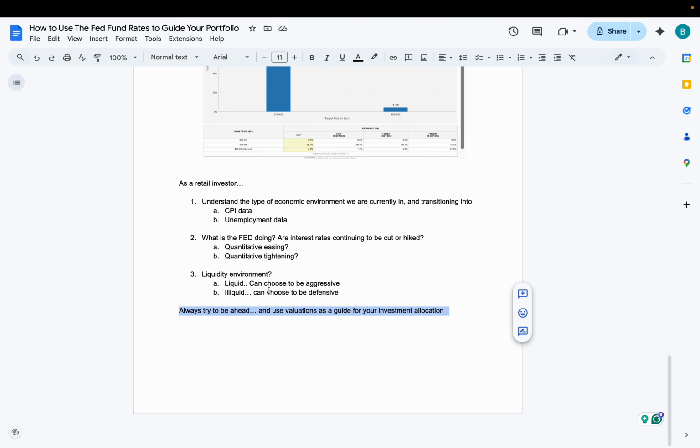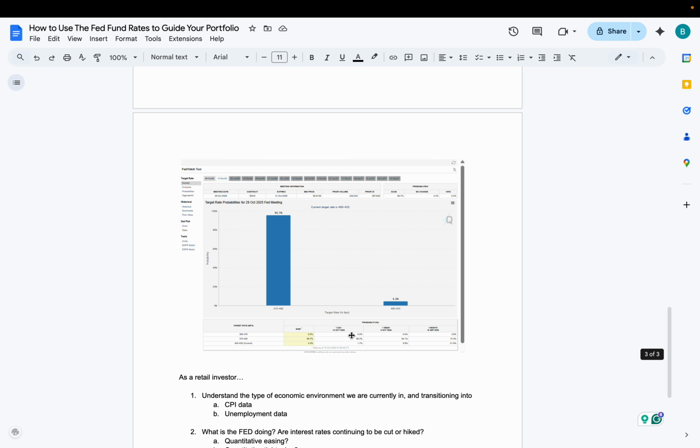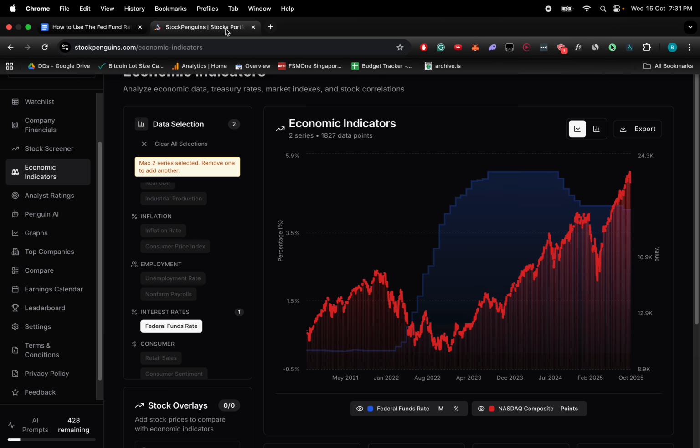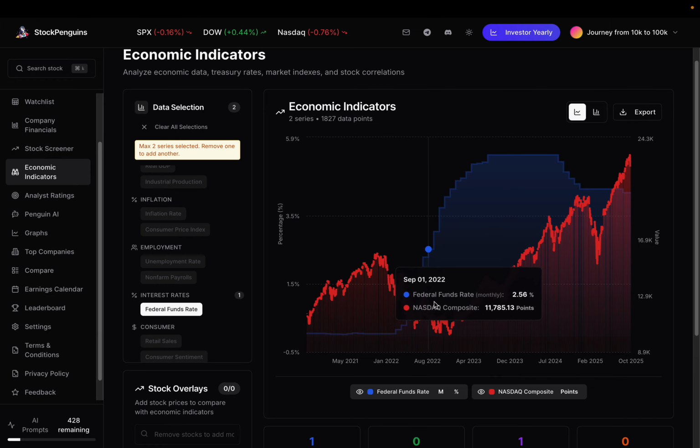But to end it off, as a retail investor, we should always try to be ahead, and use valuations as a guide for your investment allocation. So don't just blindly put in all your money just because we're entering a very liquid environment. Always use valuation. Does the valuation still make sense for us to heavily invest now? And also take into account valuations against current growth of big companies and their guidances. So yeah, you can play around with the economic indicator chart to see how the Fed fund rate actually performs against